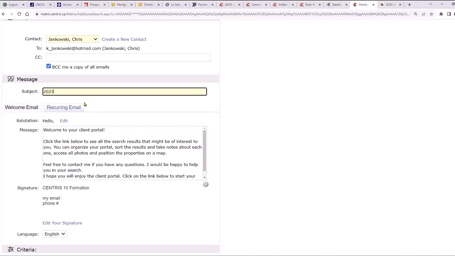Subject, let's say we're going to give it 2023, 10, where are we today? 18th. 10/18.